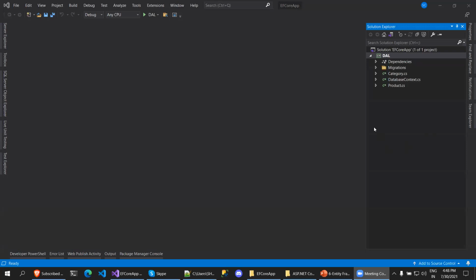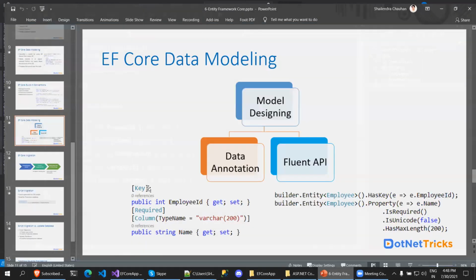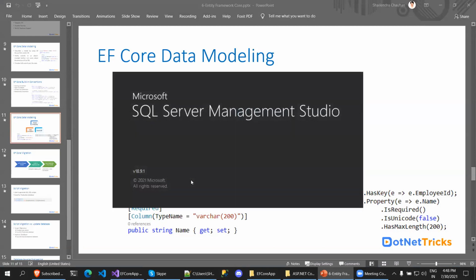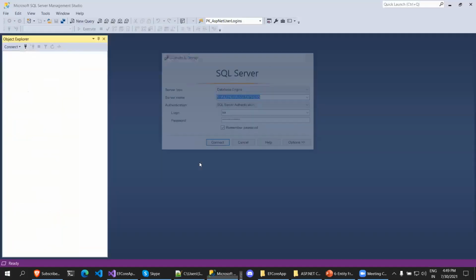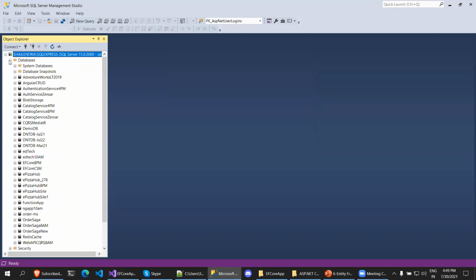Okay, so if you're looking at here, yesterday we created the database without any issue. But we have not defined any explicit mapping. If you open the database, you will get all the column data types, which for strings are varchar. So we have here the varchar one. If you're looking at here,